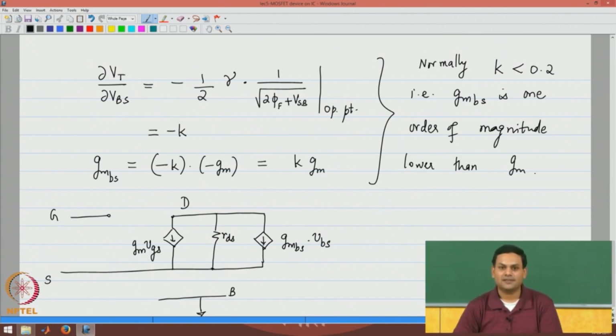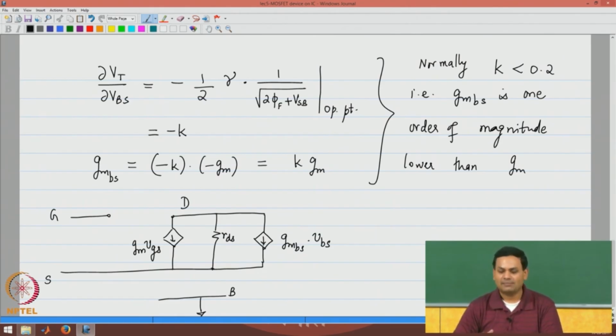So, in many cases, even if the source were to move, for hand calculations, the accuracy may not be lost if GMBS is ignored. But this is definitely something to keep in mind, because once you go to a simulator, you will see this difference. So, this is one of the second order effects to keep in mind when you are designing amplifiers with